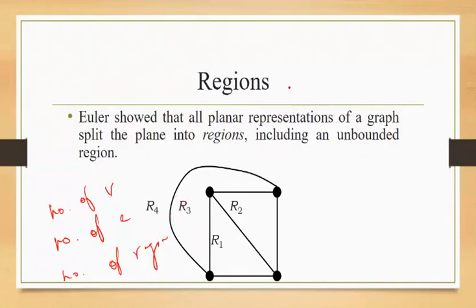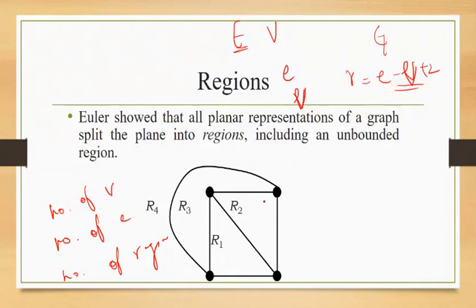If G is a connected planar simple graph with E edges and V vertices, then the number of regions R is given as E minus V plus 2. So the number of regions in the planar representation of graph G is E minus V plus 2, where capital E is your edge set and capital V is your vertex set. Here small v is the number of vertices, small e is the number of edges in the graph capital G. Then the number of regions, if it is a planar graph, will be equal to E minus V plus 2.